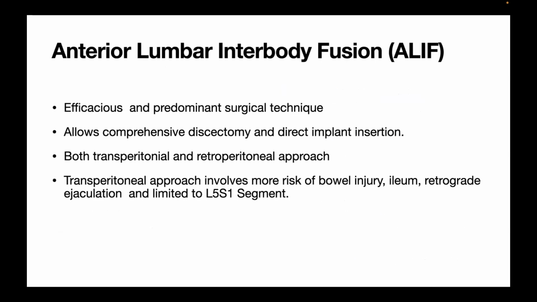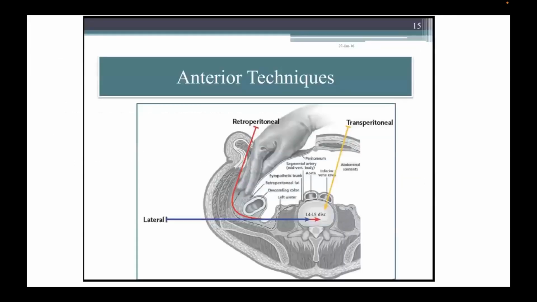an efficacious and predominant surgical technique, allows comprehensive discectomy and direct implant insertion. Both the transperitoneal and retroperitoneal approaches are involved. Transperitoneal approach involves more risk of bowel injury, ileus, retrograde ejaculation, and is limited to the L5-S1 segment. Here, the patient is placed supine. The approach can be either midline, paramedian, or mini-open with